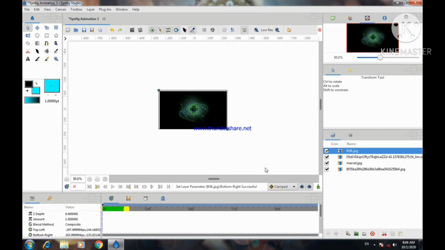Now you can see here I have added 4 images. Now we will create a slideshow effect in an animation.